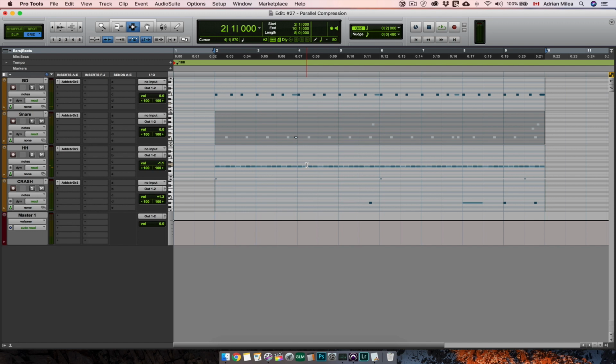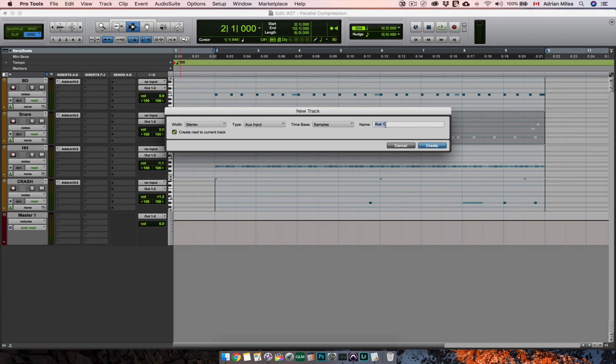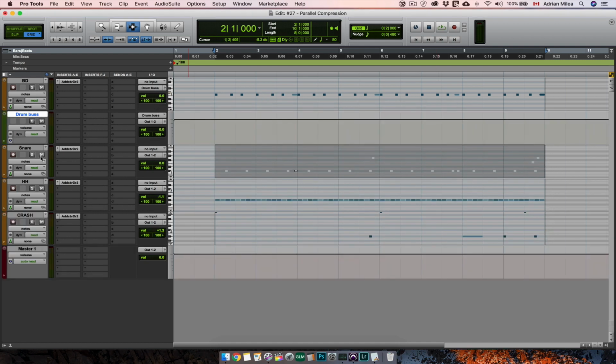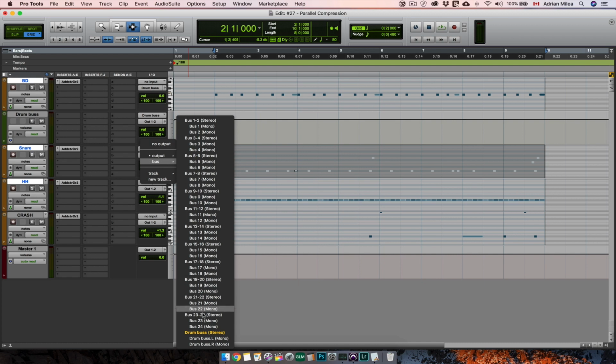Now I'm going to send all drum tracks to the same aux input track, or auxiliary track, except the crash track. In order to send them, go to the output of your drum tracks, select New Track, Stereo, Aux Input, and name this drum bus. Now I have to send all the drum tracks to this auxiliary track. You can do it one by one, just by sending the output to the drum bus, or you can select all tracks you want to send, then by holding Option plus Shift, all tracks selected are going to the drum